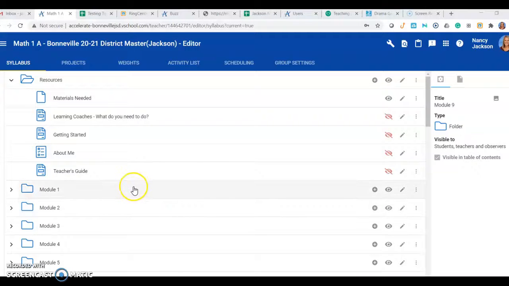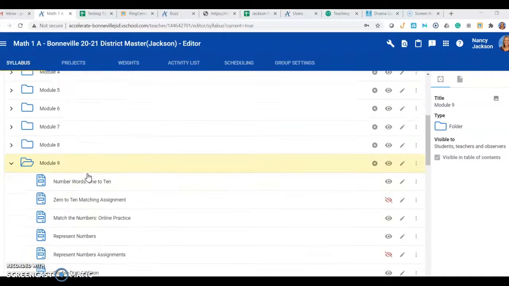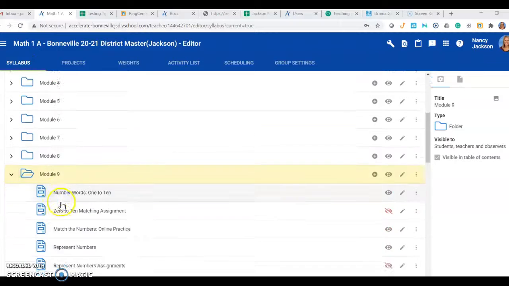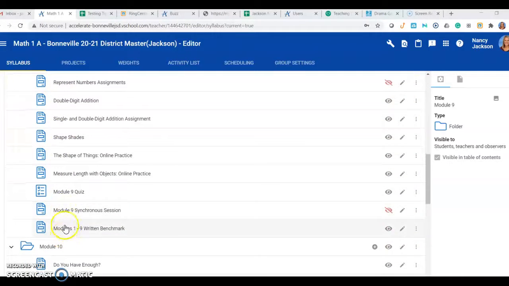I had a few questions about this, so I wanted to make sure that you guys knew about the teacher's guide in each course. But I'm going to show you why somebody is asking about this. So this is first grade math. I'm in the editor mode, and down in module 9 there are two